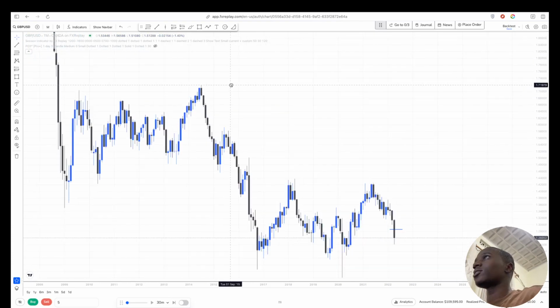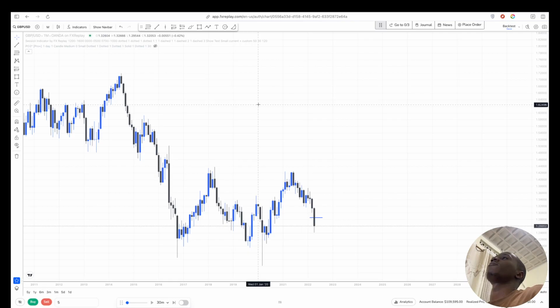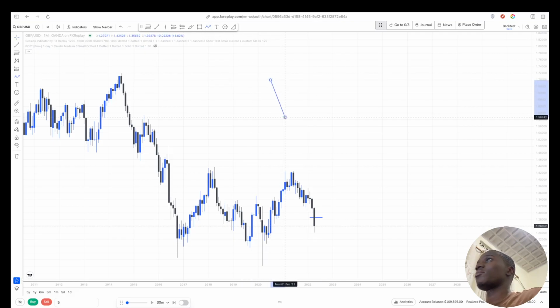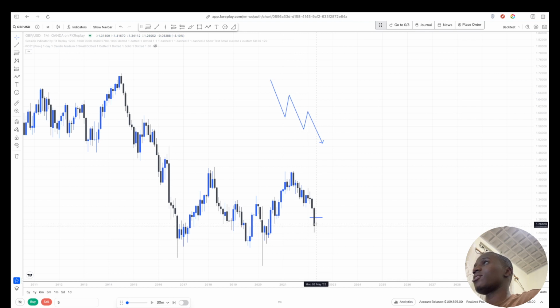So I start with some top-down analysis. I first saw that on the monthly, this was a bearish month, and we have an order block right here, and we have high chances to react to it because on the daily we were seeing price trying to create a corrective move. So as you know, in a downtrend we go in something like this and this. So these down moves are called impulsive, like these ones right here are the impulsive moves, while these short upward moves are corrective moves. So here we are anticipating a corrective move, and with that corrective move we